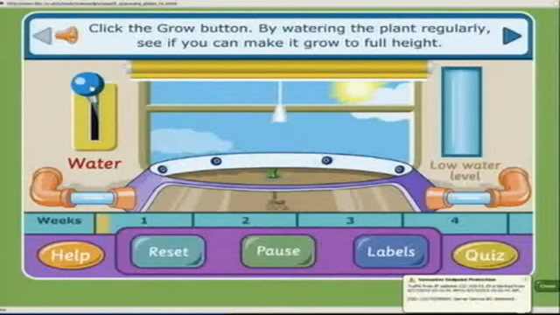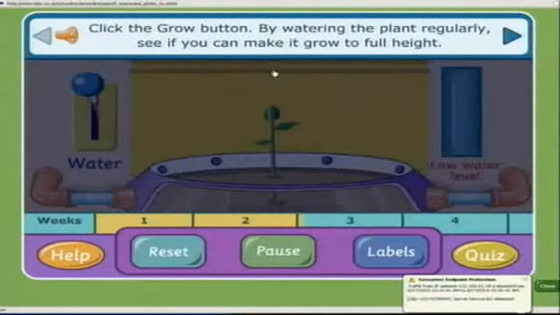Just on the circle middle there is a plant, and as soon as Sanjay clicks on the water, he is regularly giving water to the plant, and see, the plant is growing. And you can see the water level on the opposite side bar, and when he stopped watering it, let's see, the water level goes down, and if the plant can grow, and of course I want Sanjay to pull down